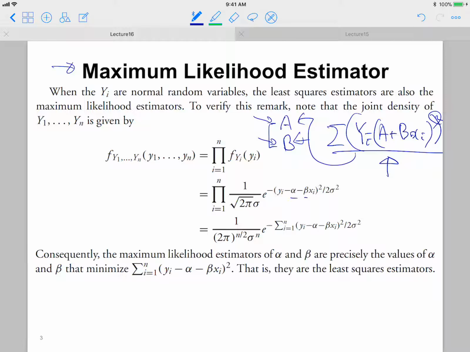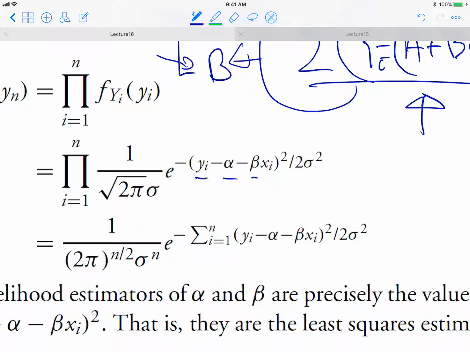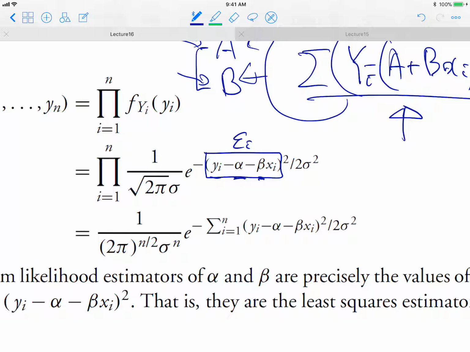And so the first item: yi minus alpha minus beta xi, and then this one will be our epsilon i exactly. And so if we form this formula,